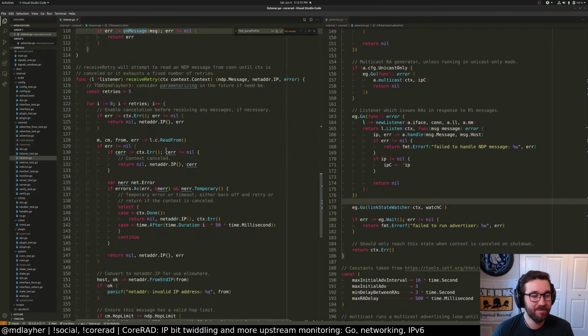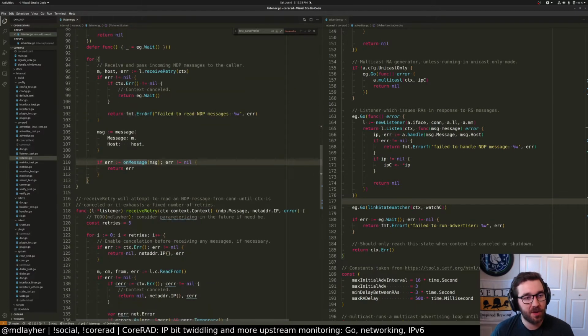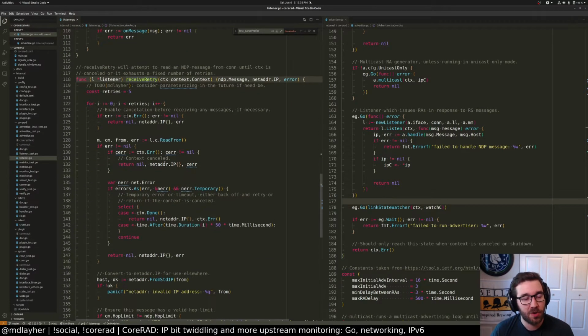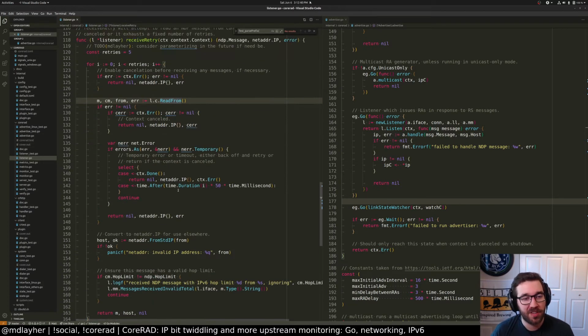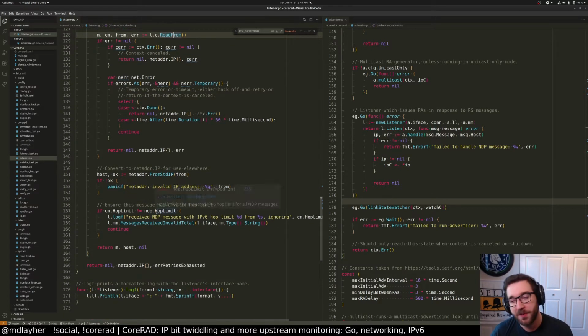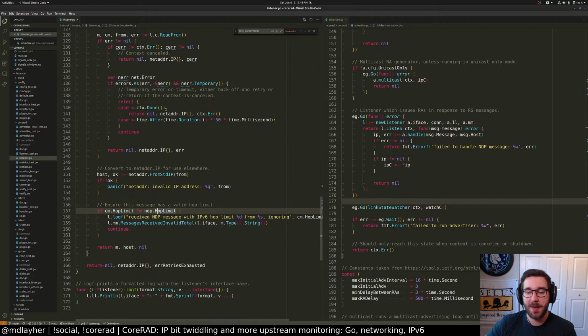It's pretty cool. So within this function, we have this receive retry loop. So we do retry logic as far as reading from the connection. If we fail, we will continue to back off for a little bit before we accept an error as permanent and then return it. We also want to filter out things like an invalid hop limit. Any valid neighbor discovery traffic must always have a hop limit of 255, because that means it cannot possibly be forwarded by a router. So if you had a really badly misbehaving router, it would decrement the hop limit and forward it anyway. You don't want that.